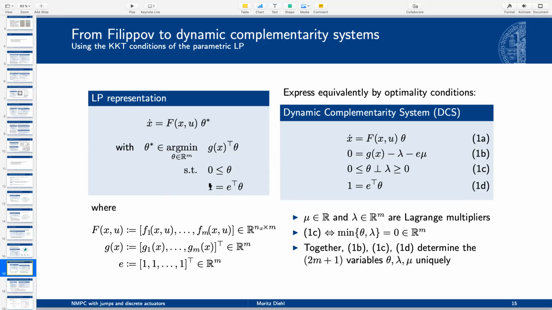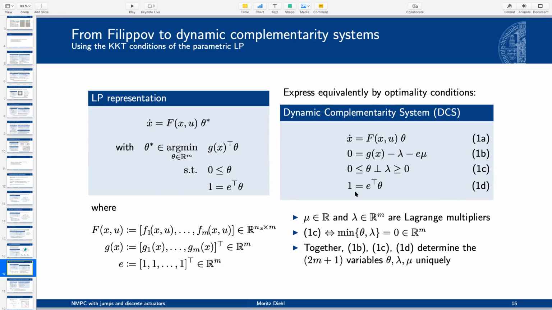We have also simplified notation by summarizing all the g's in one vector, G. And also the vector of all ones, I call it E here, and then I can express my simplex constraints, that the theta is actually on the simplex, by this simple expression here on the bottom left. So I can equivalently express that by optimality conditions, and that's where the complementarity system comes into play, because this